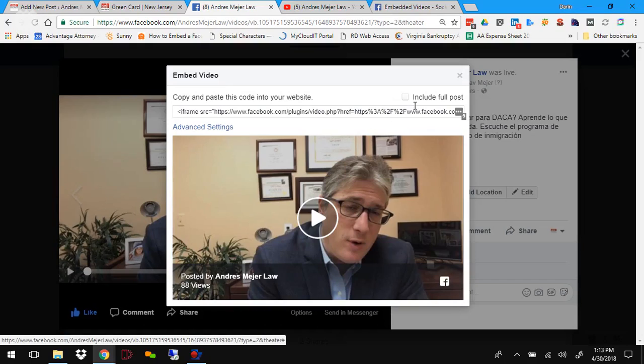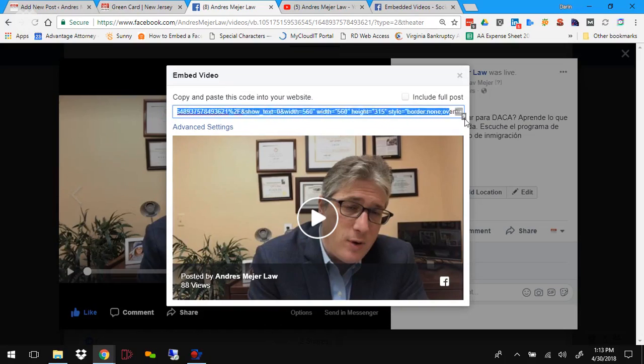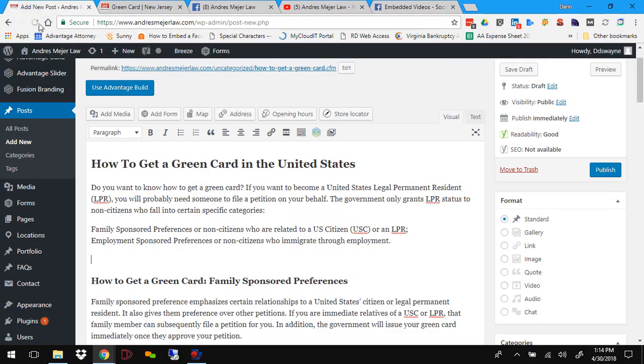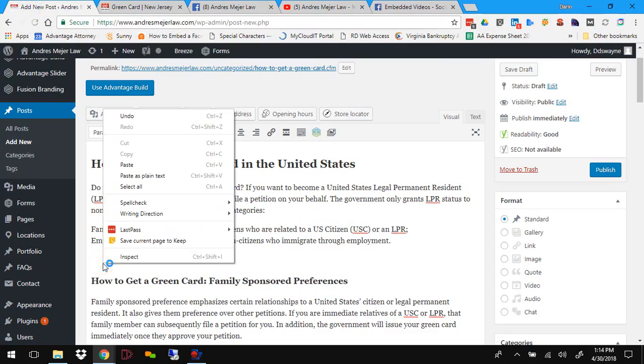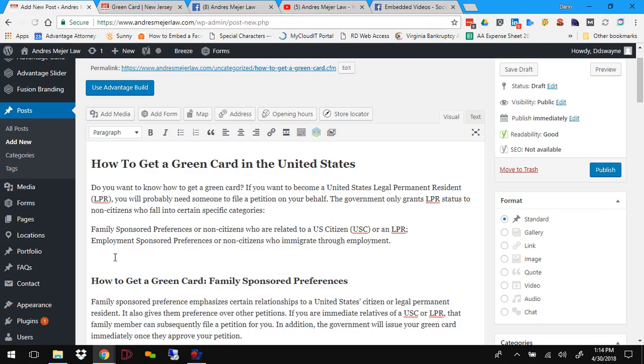Now, if you want to include the full post, if there's some text included with the post, you can also click on this button, or that little checkbox, and that'll include the entire post from Facebook. But if you just select this whole thing, make sure it's all highlighted, copy it, and go back to your website, right-click again. Now, if I paste it here, actually, I almost made a mistake. If I paste it here,